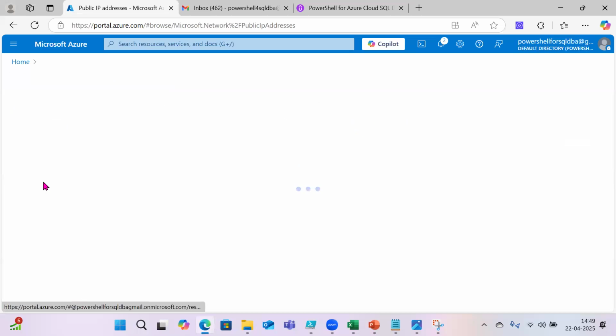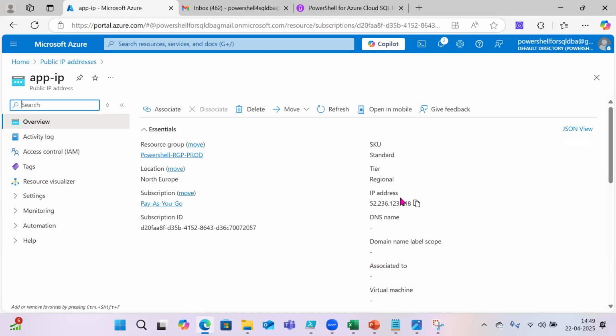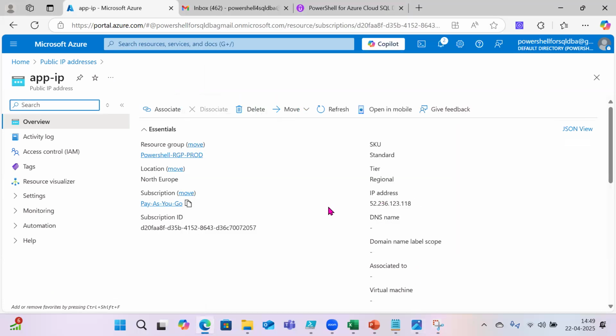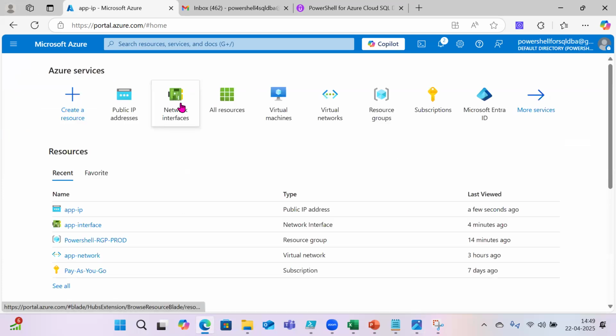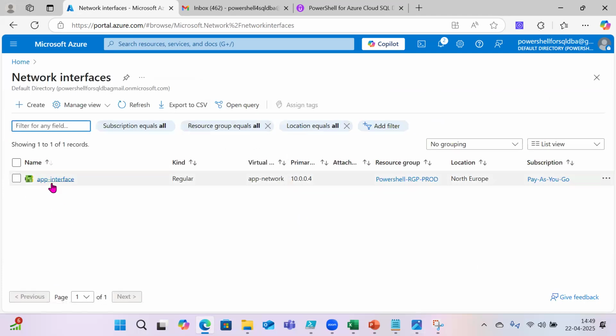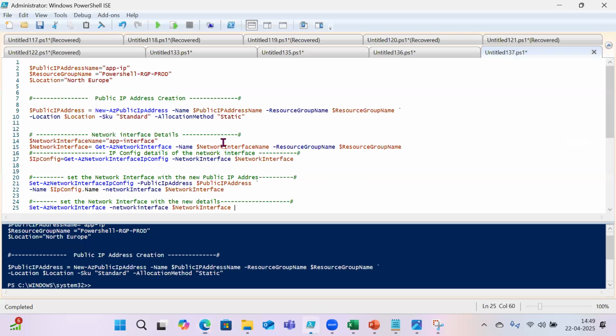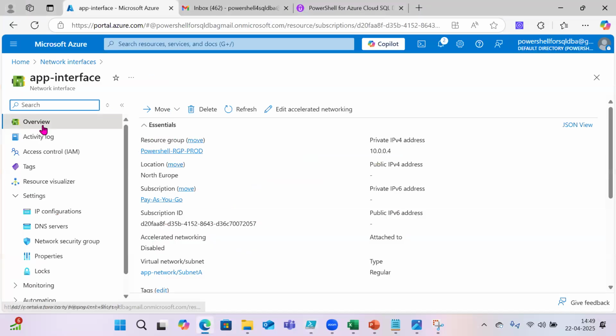Once my public IP address is ready and it assigns some IP address, that IP address is 152.236.123.118. After that, I went to the network interface. In the network interface, there will be multiple network interfaces. We figure out which network interface we have to go to. We went inside this one, right? Once we have identified the network interface,